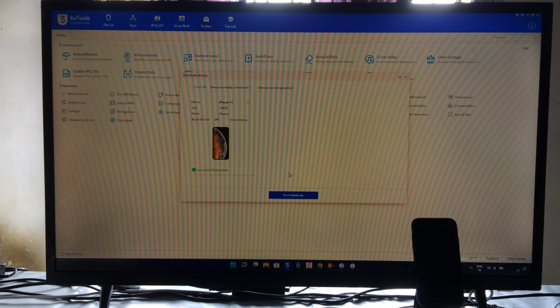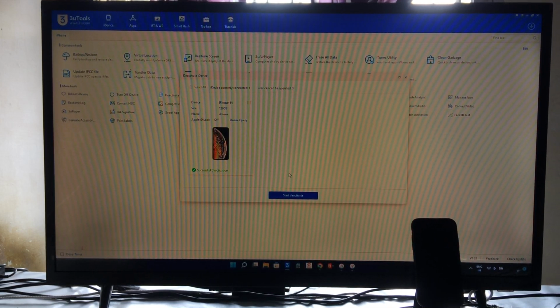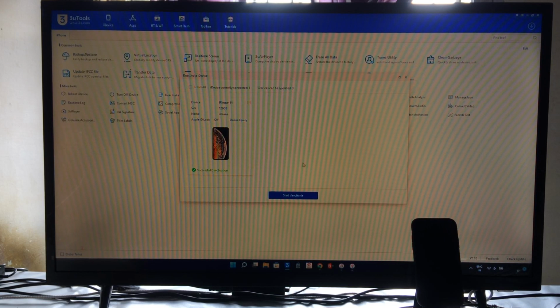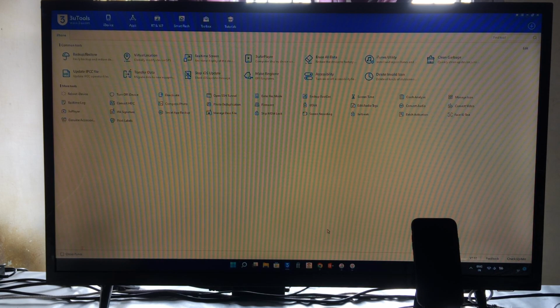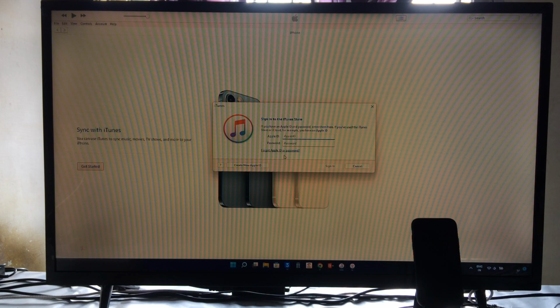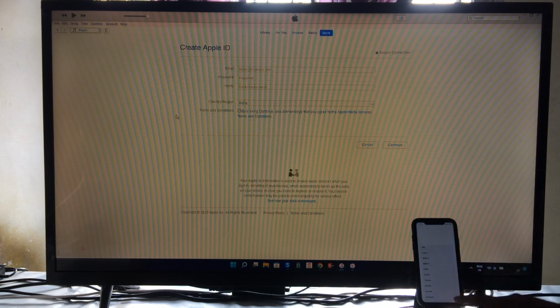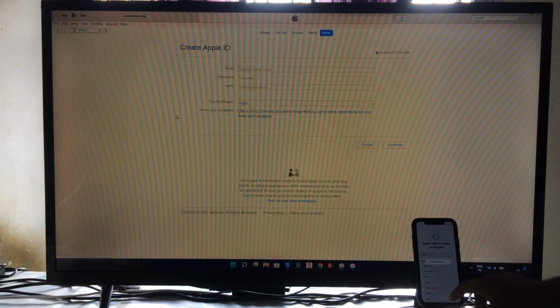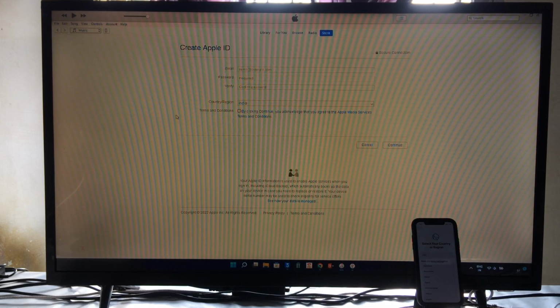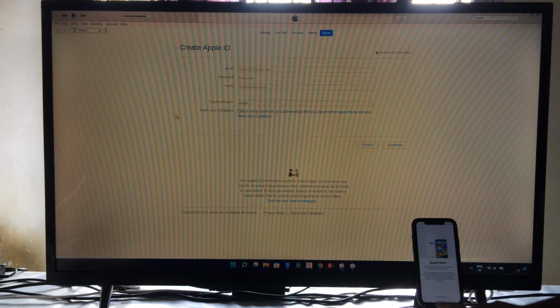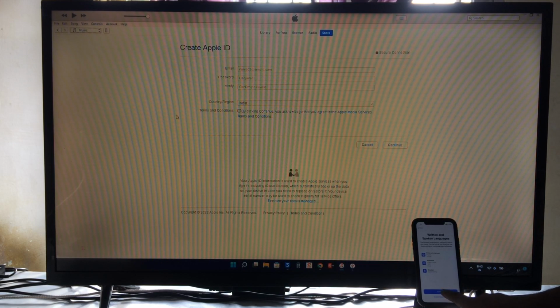Now here it's deactivating. So deactivation successfully done finally. Now here we will come on iTunes and we will go for create a new Apple ID. So according to your own visualization, we will create here new Apple ID and password. We will come here and we will select a language, of course countries, and country, we will go for setup manual, and of course we have to go for continue.